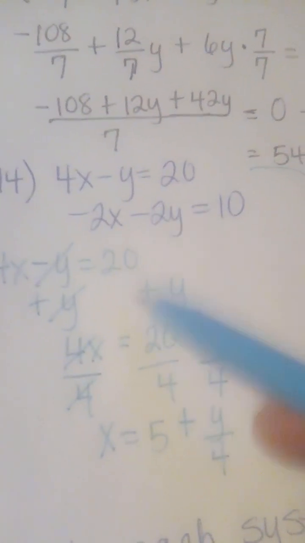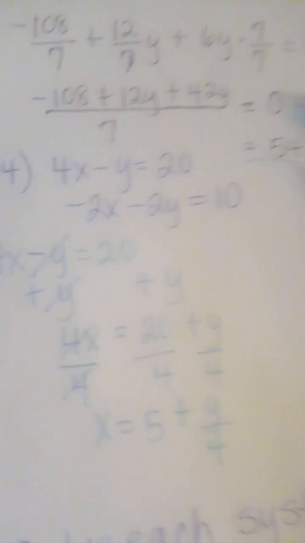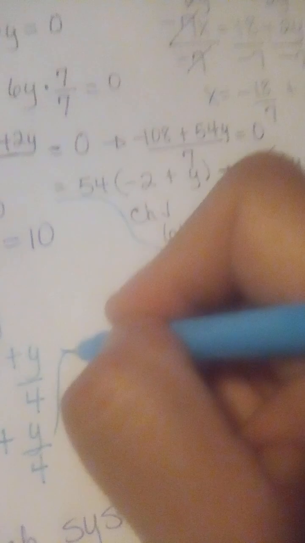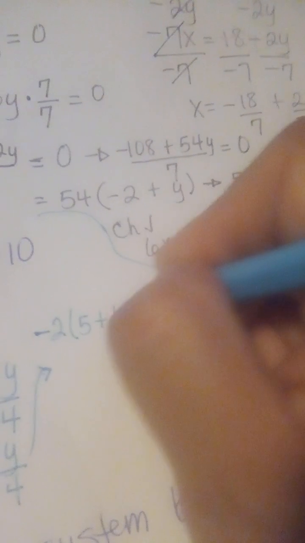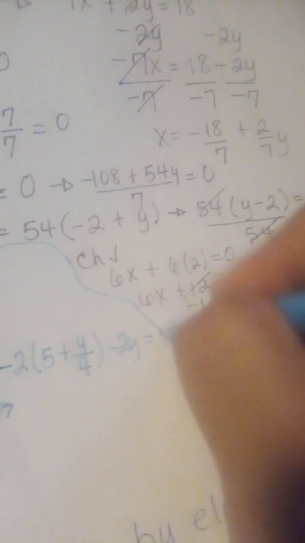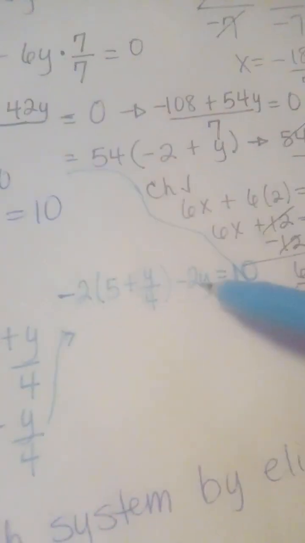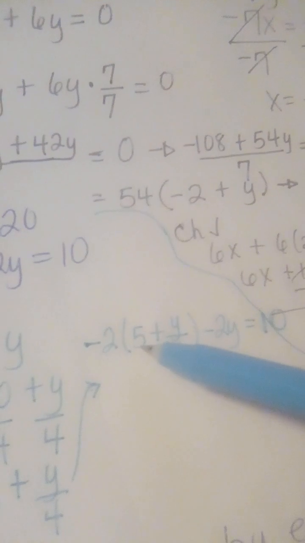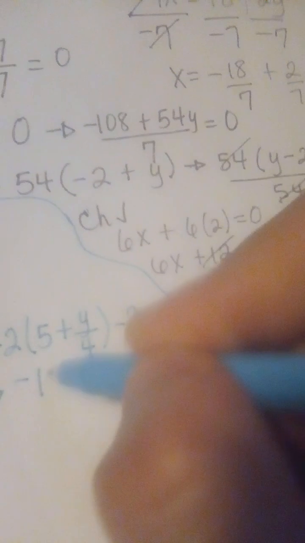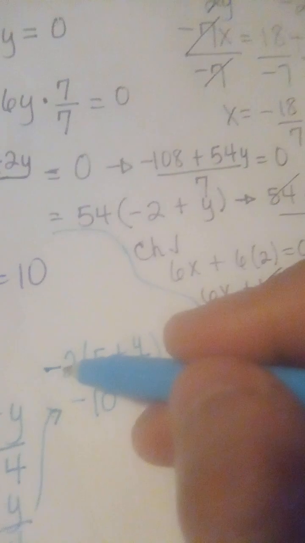We could substitute in either of these two equations. I'm going to use the second equation like the last time. So I'm going to move this over. Okay, give me a second. And this will turn into, I believe, negative 2 times 5. That gives us negative 10, I believe. Then we have